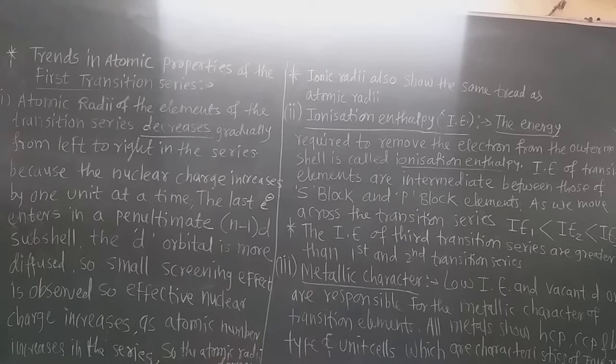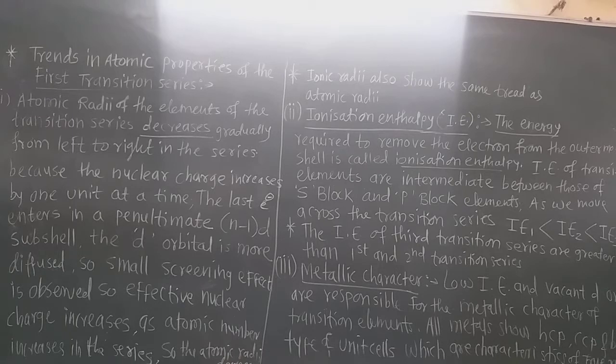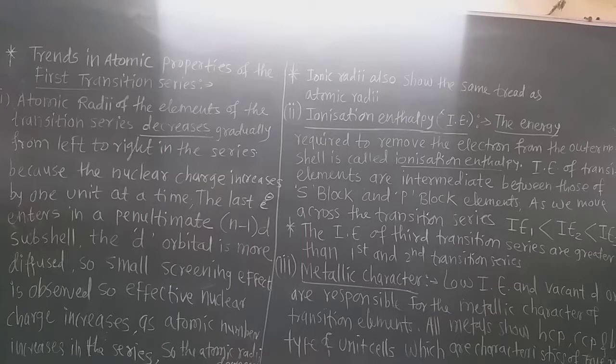Though the atomic number increases from left to right, what happens? The outermost shell remains as it is. That is, the shell does not change. In the same shell, the electrons get added. There is no increase in the shell. As the electrons get added into the same shell, what happens? They are more strongly attracted toward the nucleus because nuclear charge increases but the shell number remains as it is. So the electrons get attracted more and more towards the nucleus.